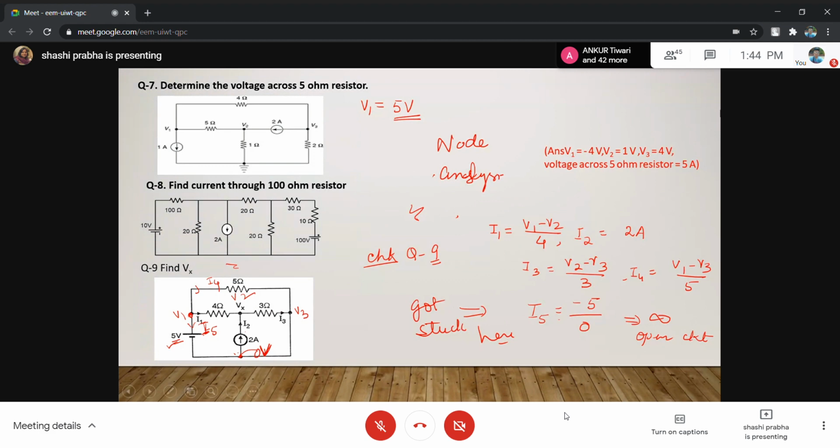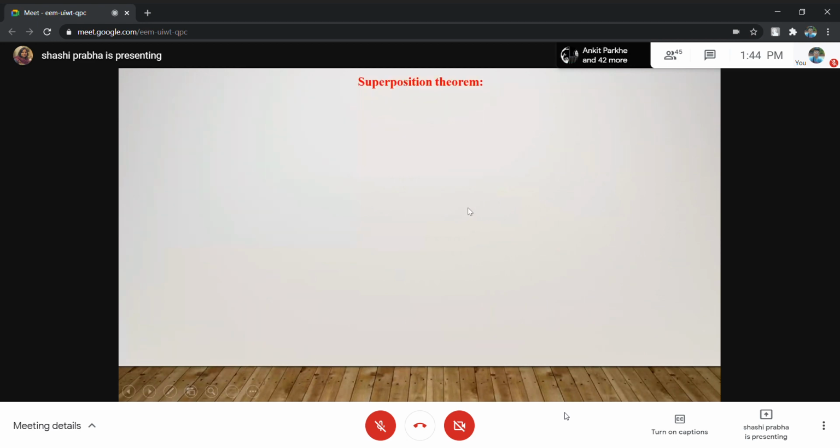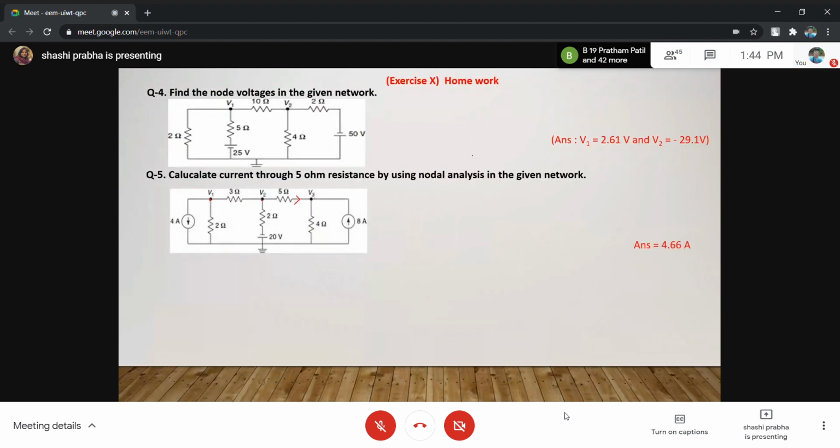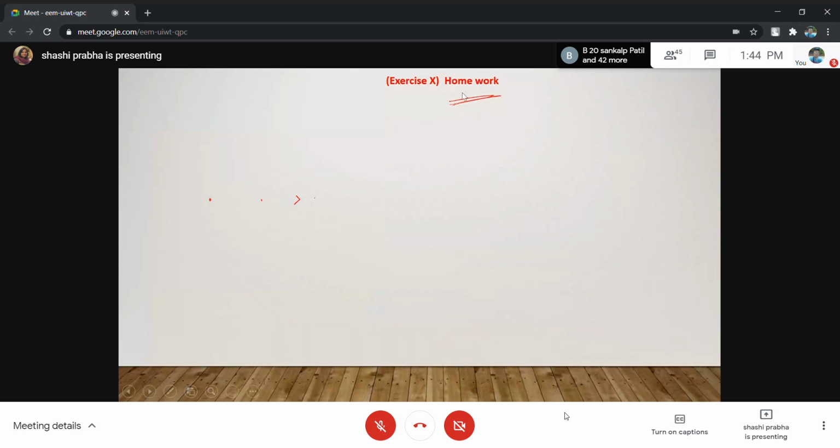Please solve the numericals. सारे numericals register में करो. Whenever you come to college or whenever I ask, you have to submit for your term work. There is term work of 25 marks. So for term work, whatever numericals are given as an exercise, wherever you find this type of homework, this homework you have to submit.